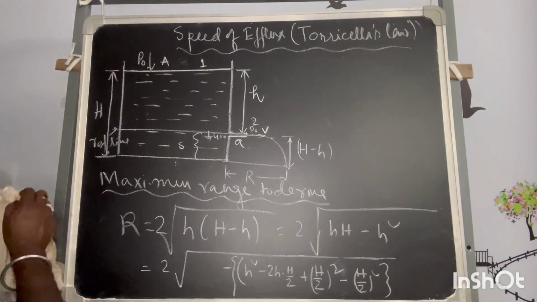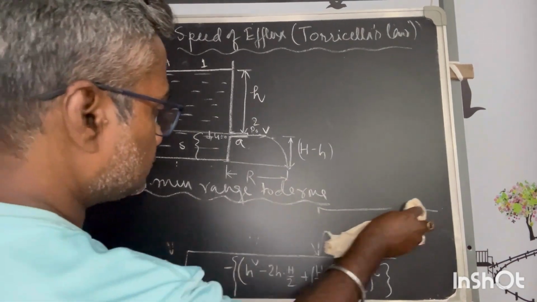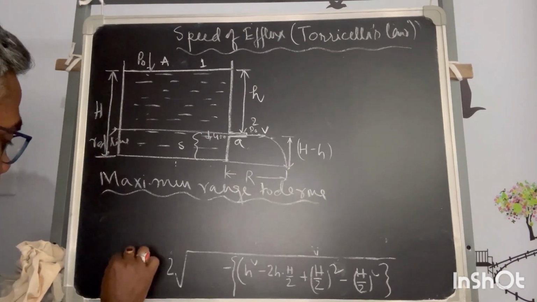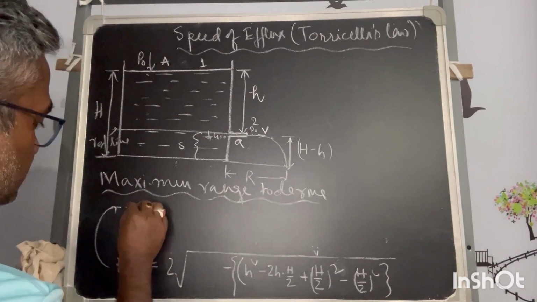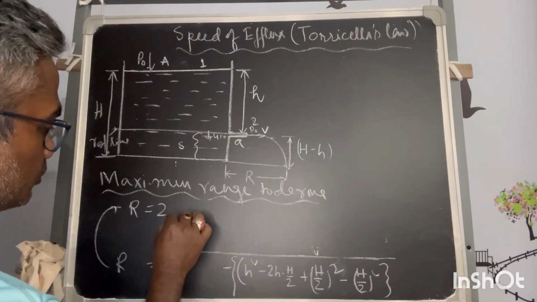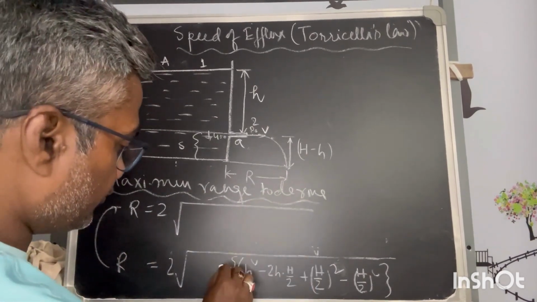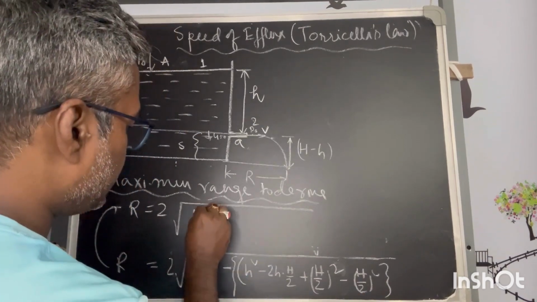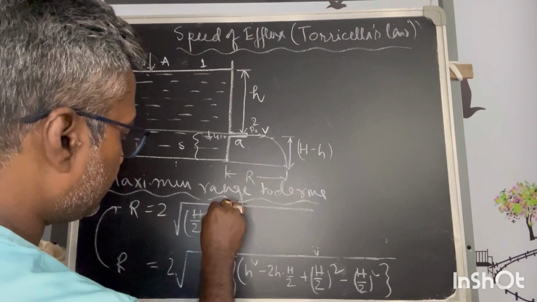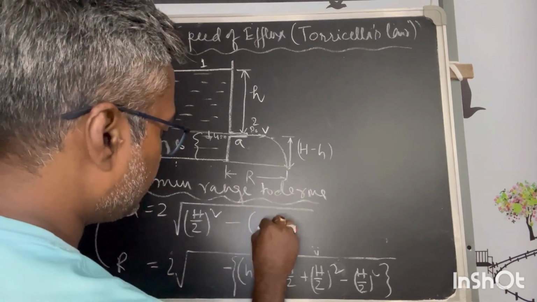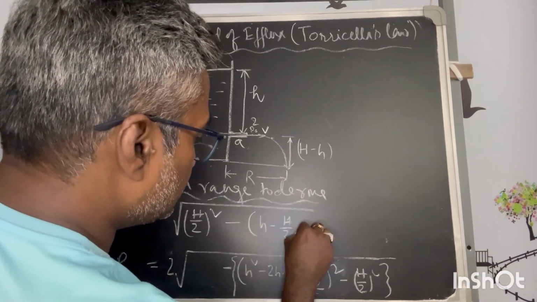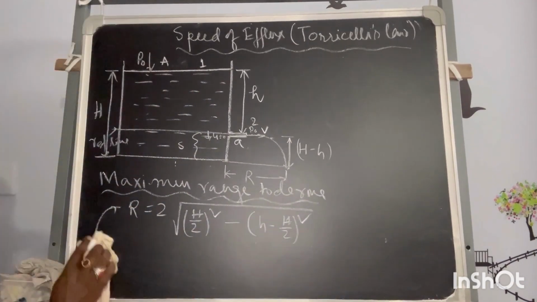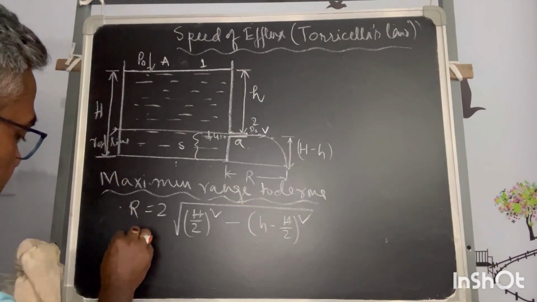Okay. So now, if I am allowed to use this part, this is the range. Now I take this. So range is equal to 2 into what else? If I remove the bracket, the second bracket, this minus plus, so h by 2 will come here, and the remaining will be h minus h by 2 whole square. So I can arrange it in this way. Now for R to be